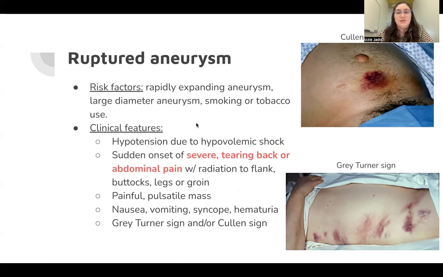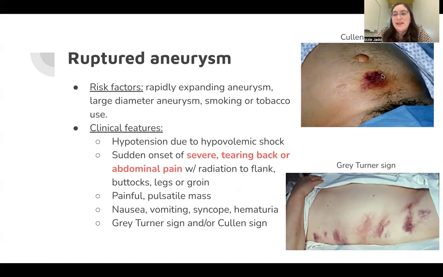Your patient might present with hypotension because of blood loss, so hypovolemic shock, and sudden onset of really severe tearing back or abdominal pain. Those are the classic words you'll hear if something is pointing you to a ruptured aneurysm. And the pain can radiate to the flank, buttocks, legs, or groin. It can present with a painful mass. They could have nausea, vomiting, syncope, hematuria, and some other clinical signs you can look for, which I thought were interesting,